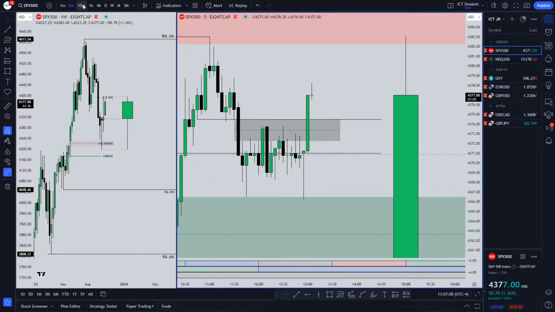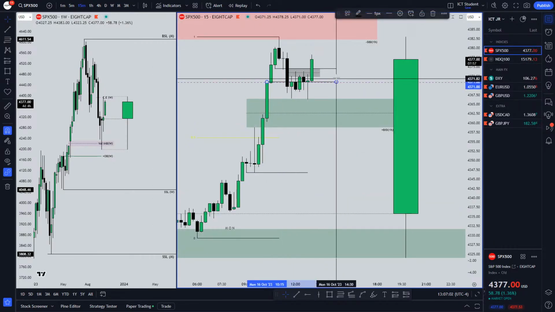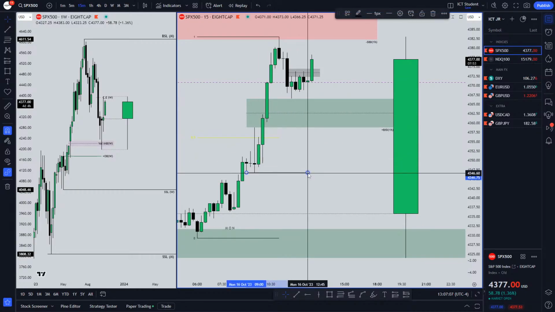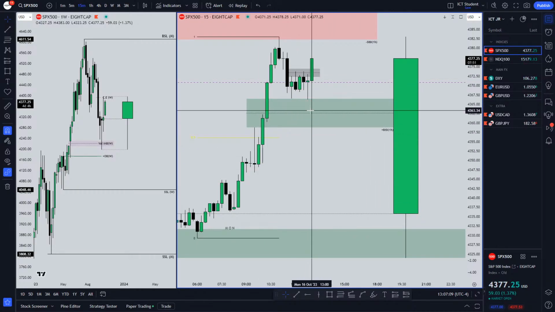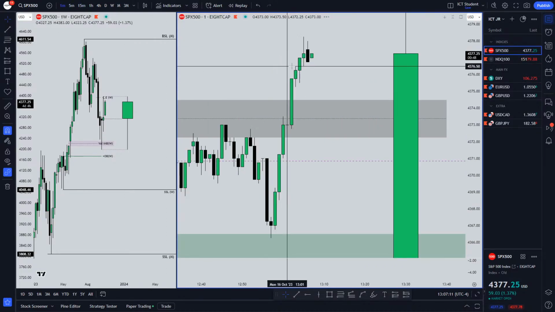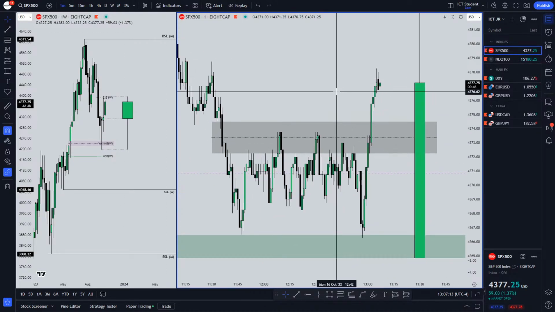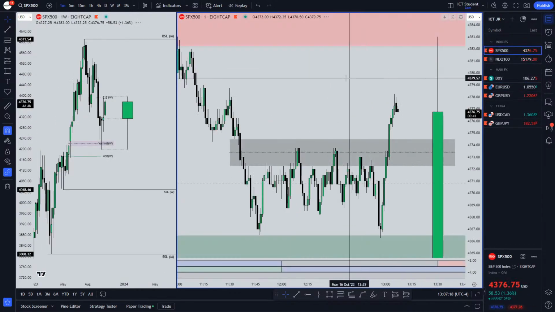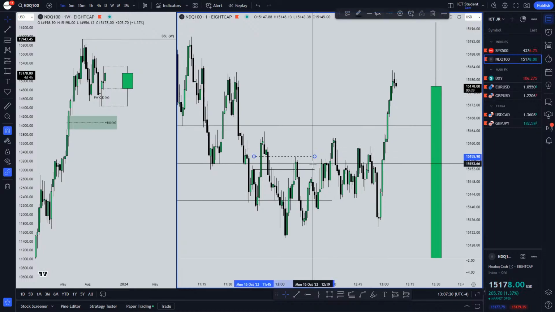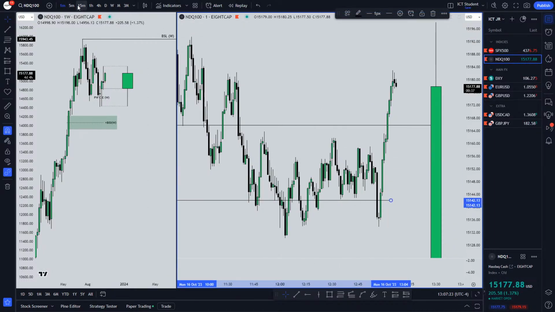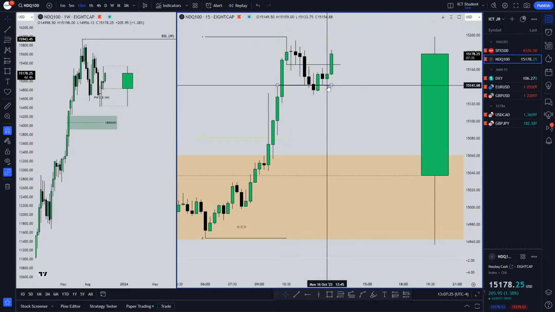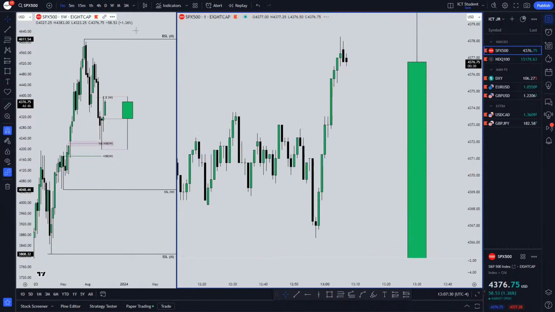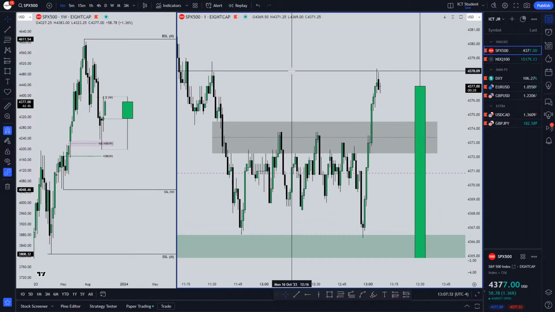5-minute inverse now. 15-minute inverse didn't fully get respected, if I'm being completely honest. I did want to see this buy side get tapped into at least the consequent encroachment, but we didn't get that, so that was kind of a bummer to me. Let's see, Euro's rallying. I think NQ was the strongest, so it was very ideal for us to see higher prices since NQ was going so much higher. We wanted to see it drop, but we didn't get that.